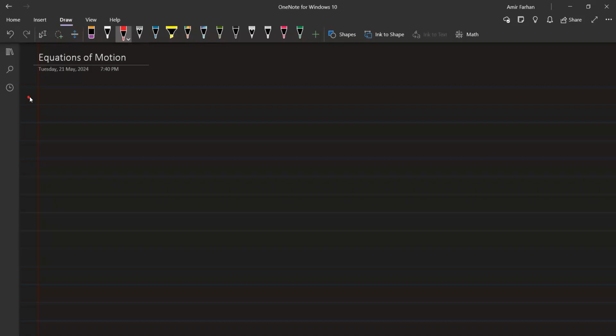So that's why three equations of motion are there in our syllabus, that are given by Newton. And this whole motion chapter, even when you go to the 11th standard, is completely based on three equations. These three equations are valid for uniformly accelerated motion. These are not valid for non-uniformly accelerated motion. Okay. Keep this thing in mind. Your motion must be uniformly accelerated.